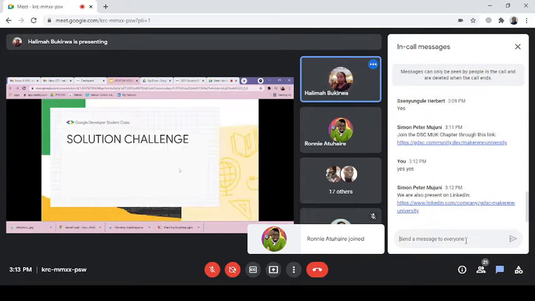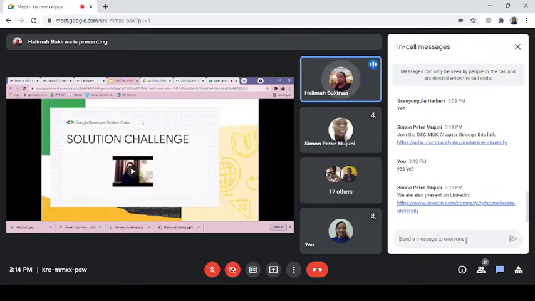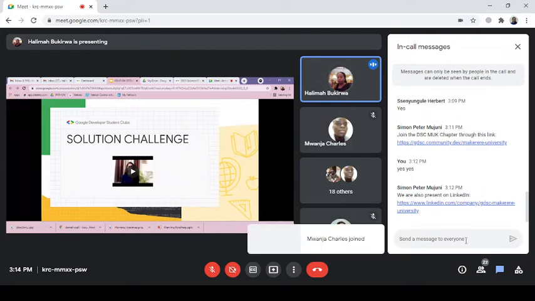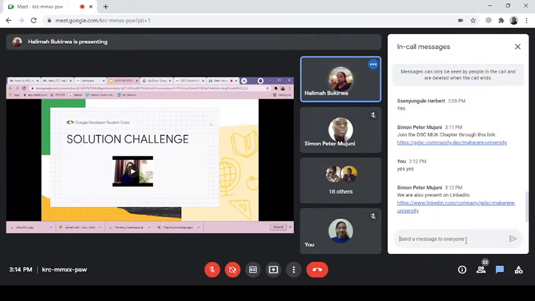About the Solution Challenge that is happening next year, the reason we set up this ideation session is to prepare you for it. The reason we have set it up now in November is because you know how tight our schedule is at school. Next year, we're going to be in exams. Right now, we have tests and everything is so crazy. But that's why we thought of it and decided to put it at this point in time,